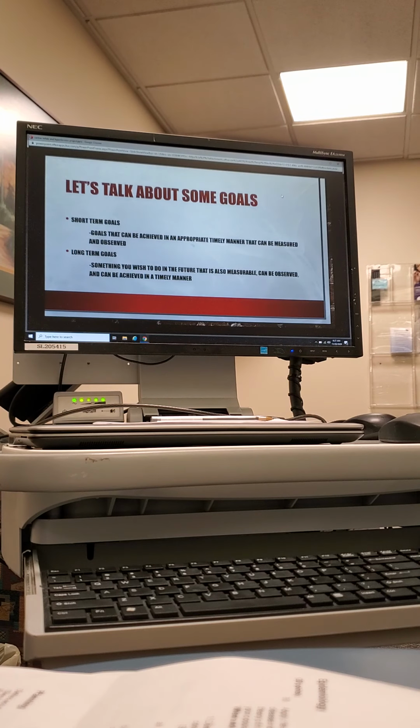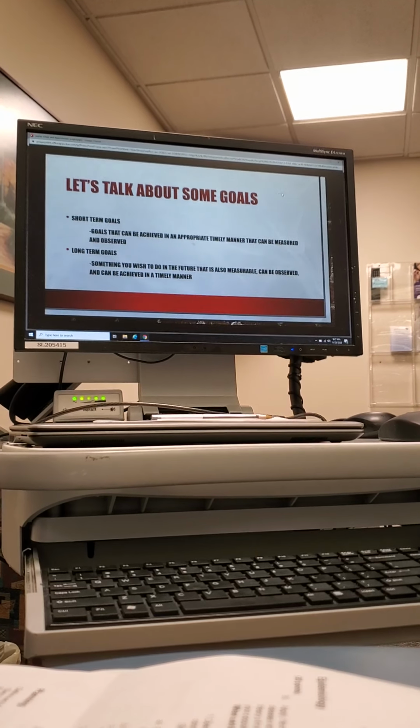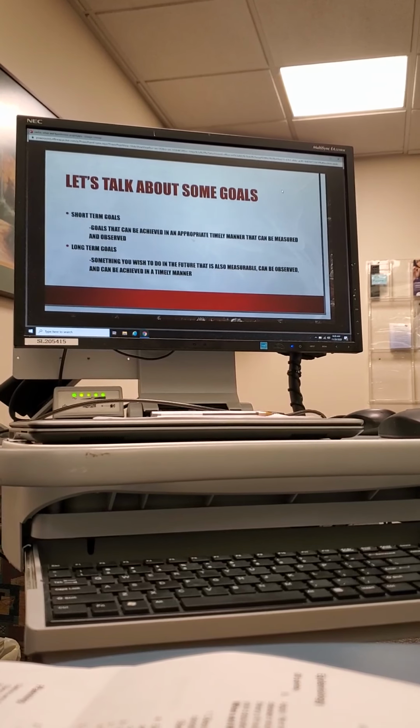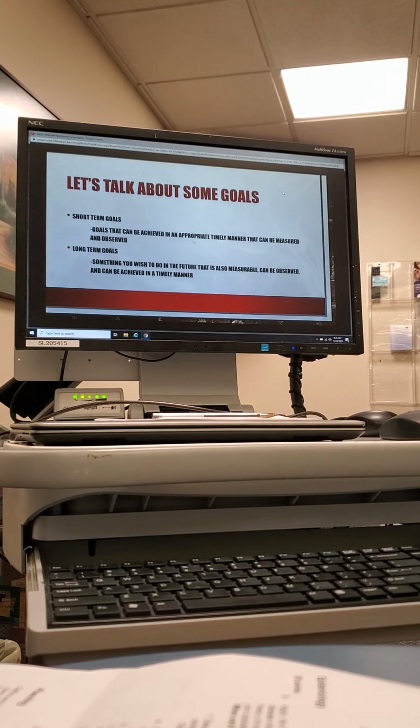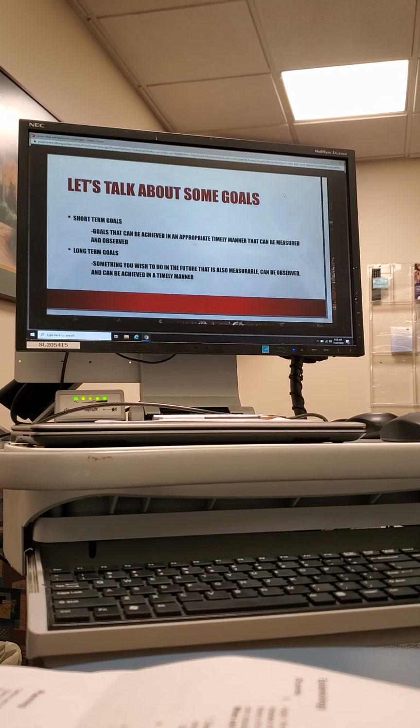Perfect. How do you think that goal can be measured? The weight loss, how can it be measured? Well, obviously, a scale, and basically as far as weight loss, BMI. Yes, that's another big one. And then your clothing size. And then you can also, believe it or not, look at your cholesterol levels. That is also an indication of weight loss. However, not in all cases.